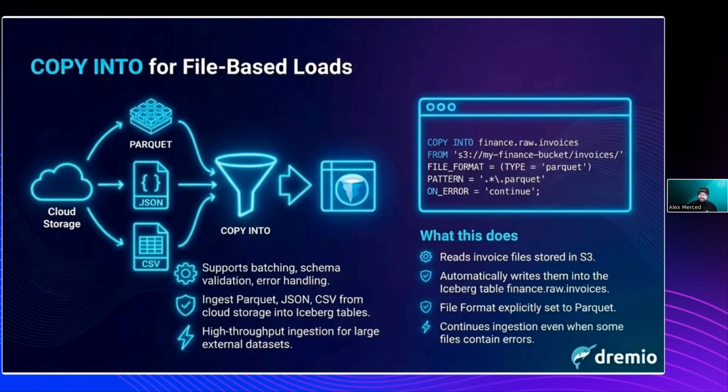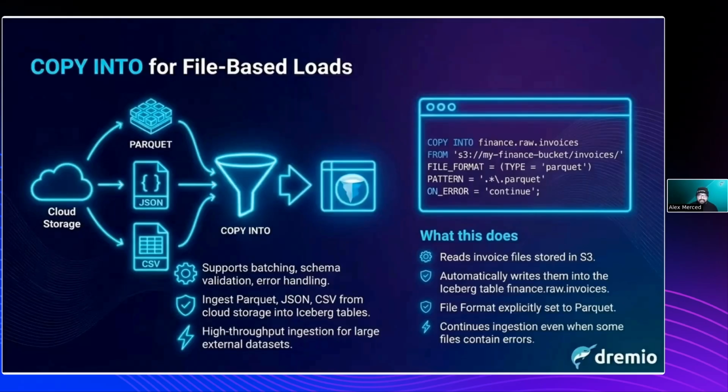And then what you do is you tell Dremio, look in this folder or look at this file on my data lake. There are Parquet files in there, PDF files in there, JSON files in there. And you say, read those files, take the data from each column and make sure that it matches the data type of the destination table. In this case, you don't have to worry about schema-less files because we know what the schema should be, because the destination Iceberg table has a schema defined that we can then leverage. So it makes it really easy to just say, hey, take the data from these files, put it in that